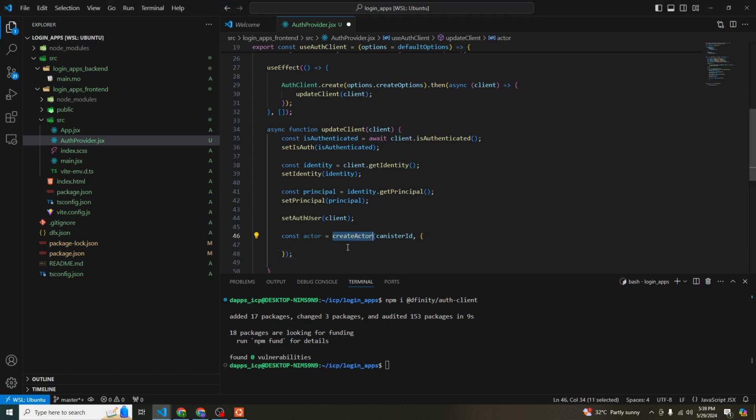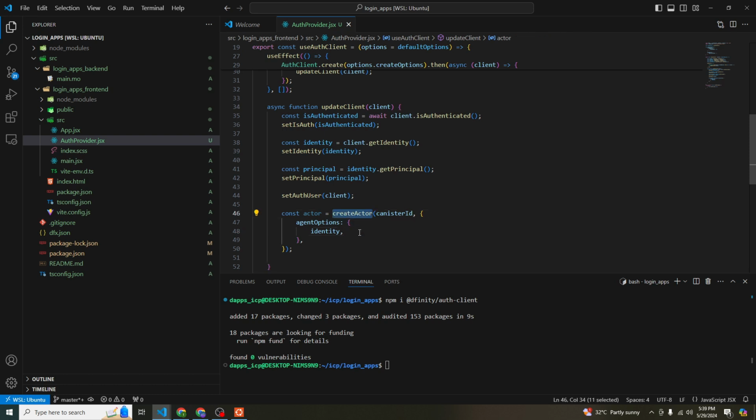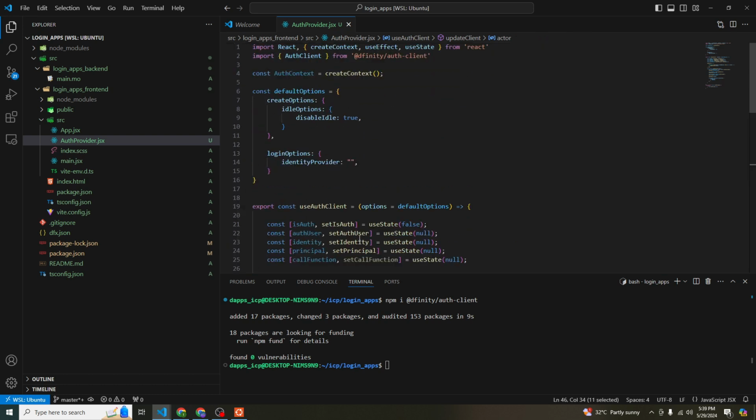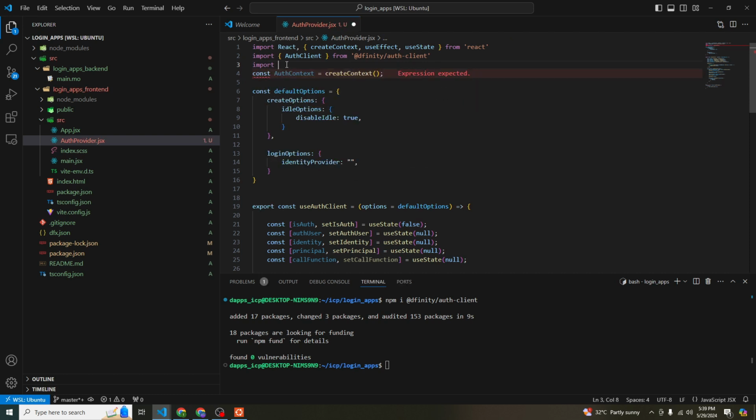In the create actor, we have an option, and then the identity. This one, identity. So for create actor, we need to import from our backend. So to import it, we want to import